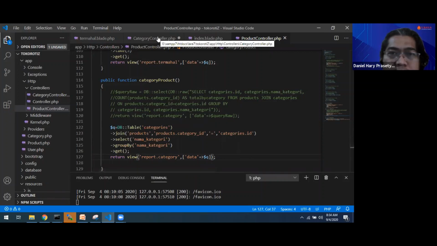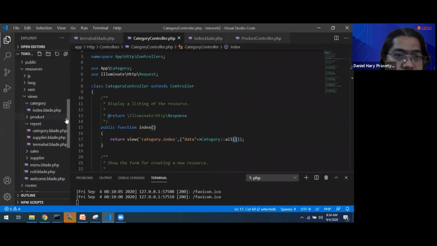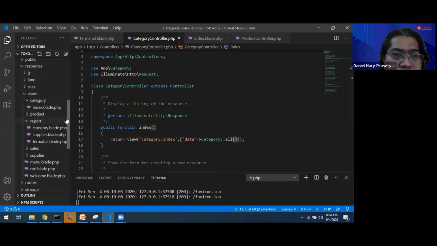Maybe we have to make some change in the report because we don't have the sum, the count of products yet.